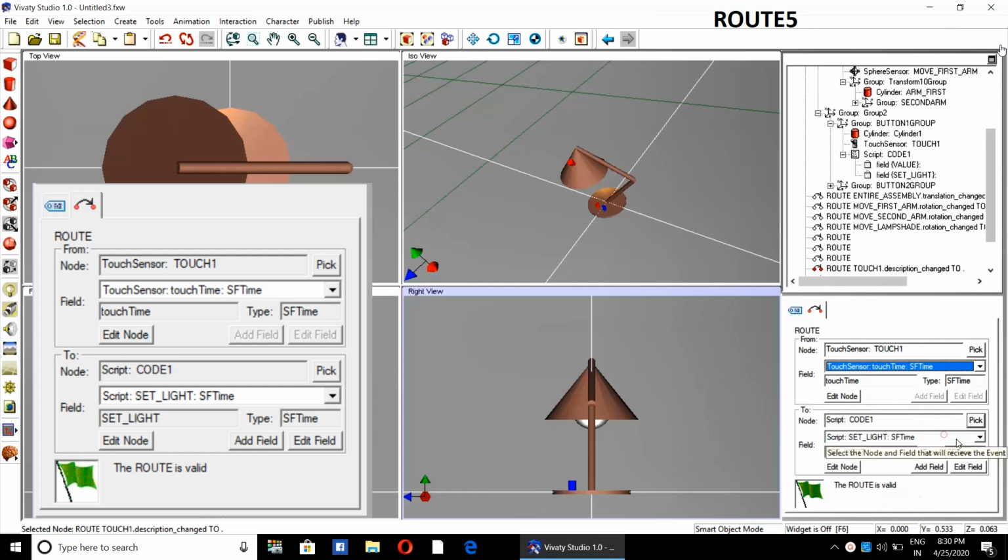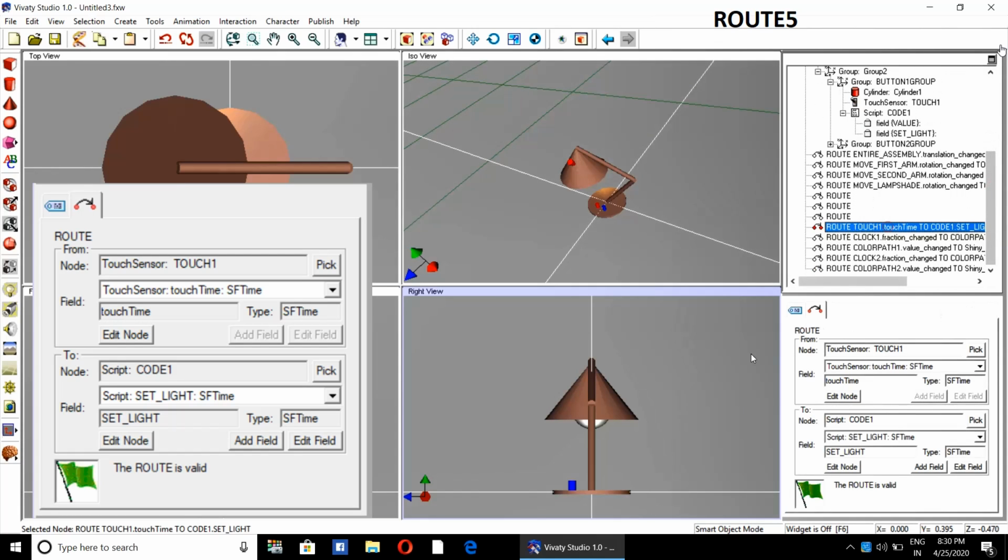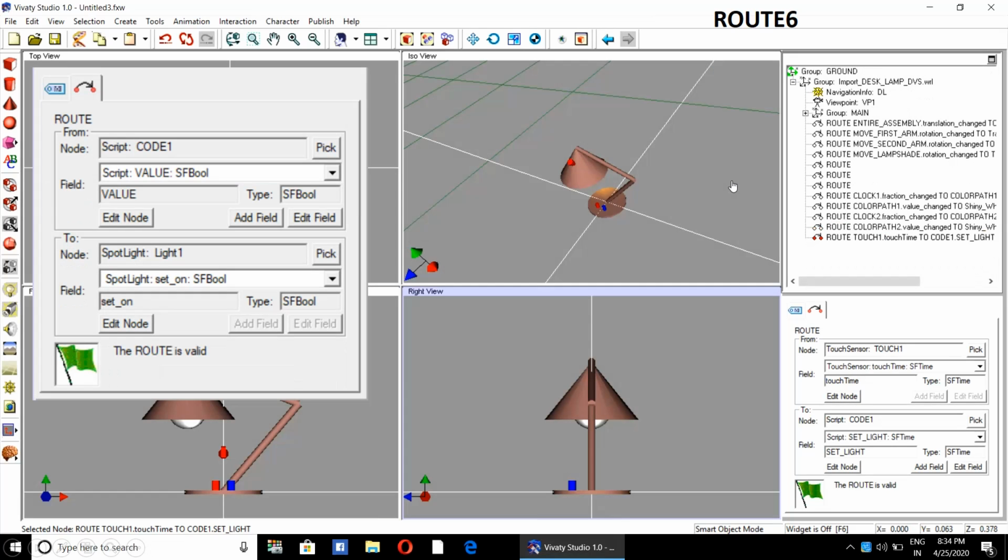The sensor SF time. This will automatically select all the routes properly, all the values properly.